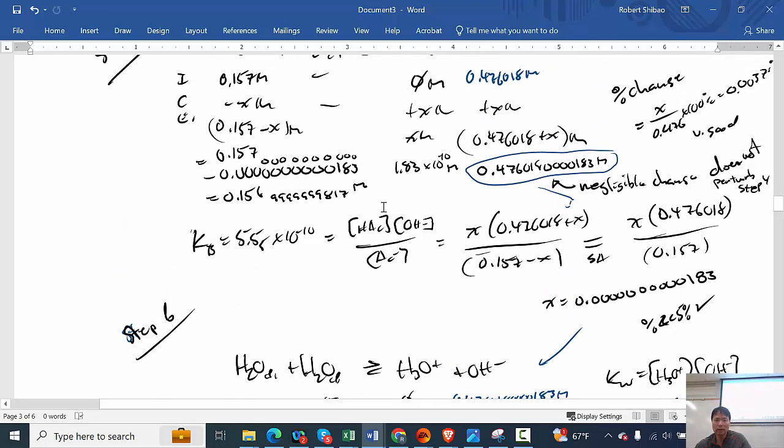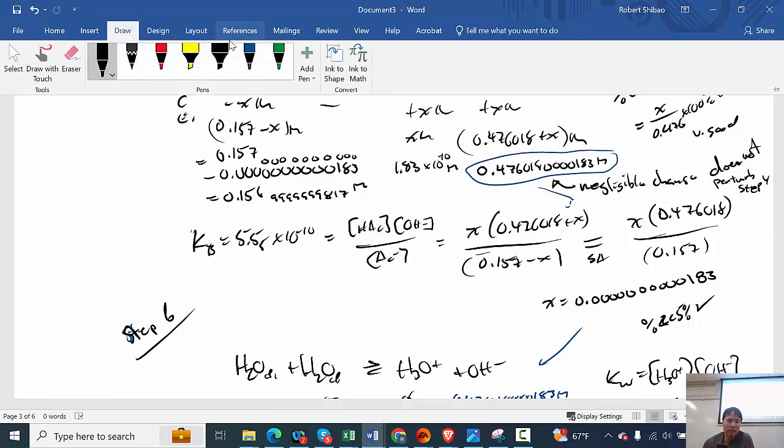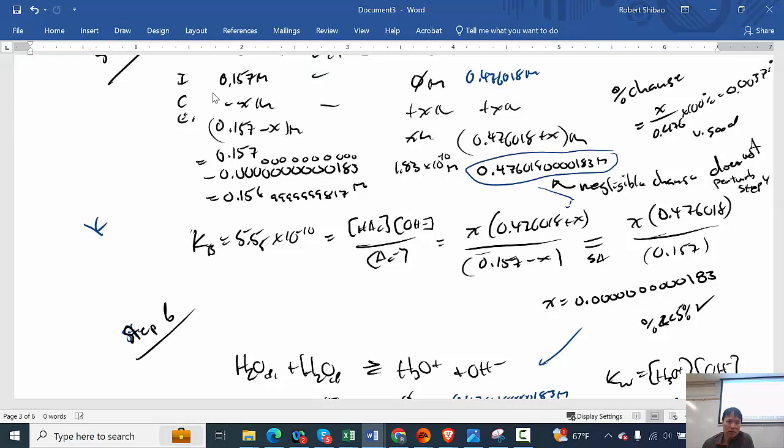So did I double check the K? I didn't double check the K here in step 5. So let's double check the K here and make sure I didn't make an error. 1.83 times 10 to the minus 10. I should have double checked it before moving on. That was a mistake. Times